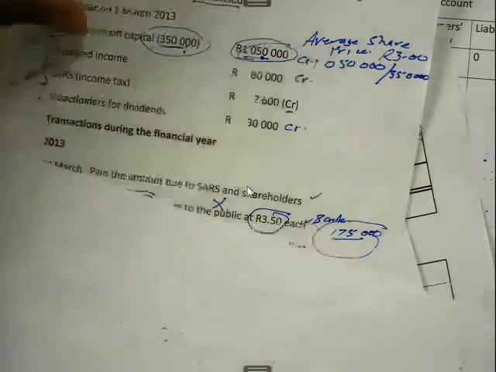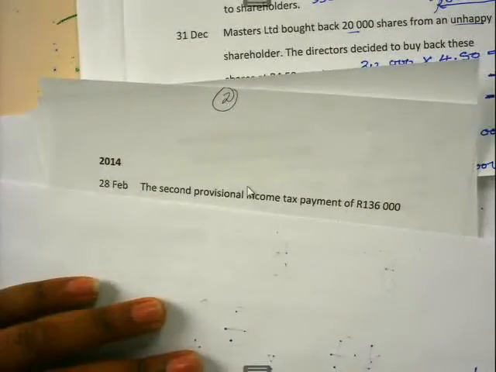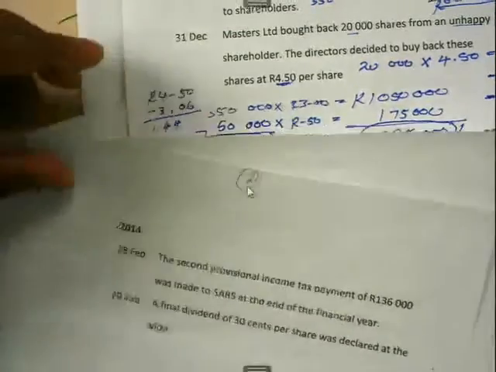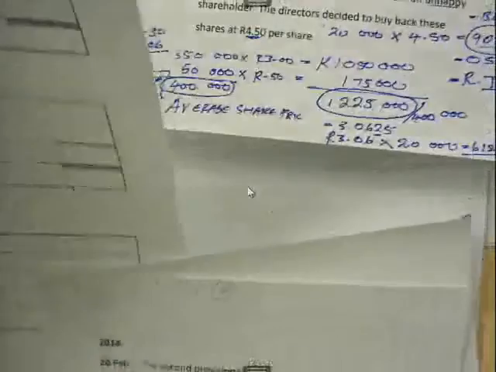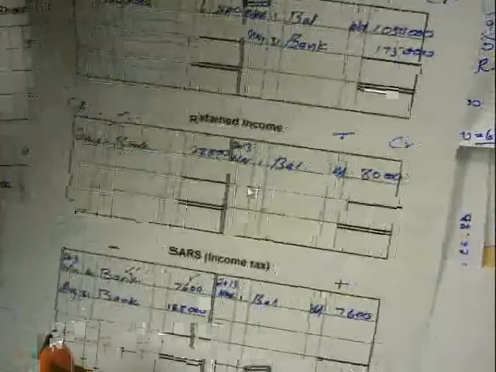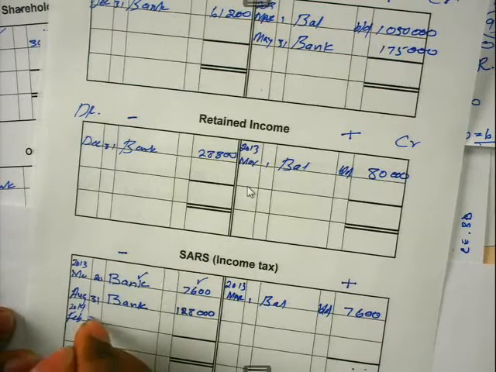Now we are making the second payment of income tax, right? Therefore, we are going to debit SARS income tax. This is now 2014, February 28th,